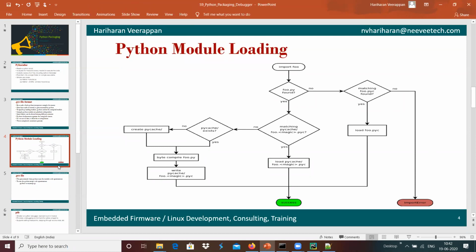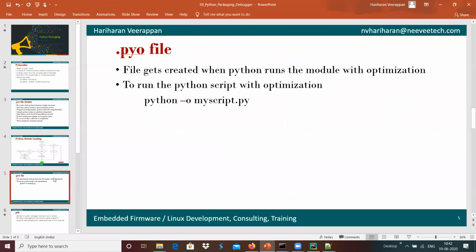And apart from that, we have the PYO file, which gets created when we run Python with optimization.